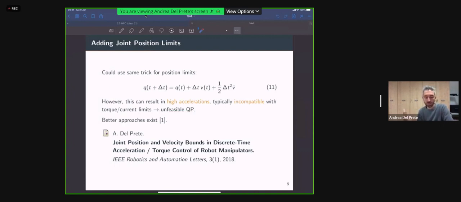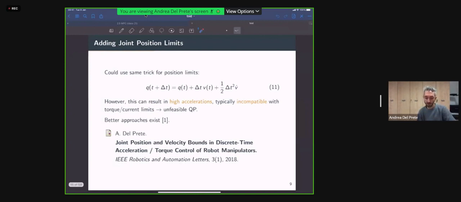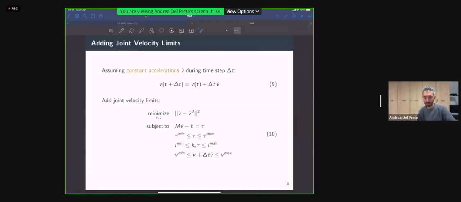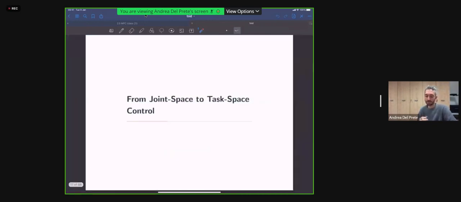But long story short, there are some simple approaches to introduce also joint position limits inside the TSID control problem. So we just went from the standard old school inverse dynamics control approach, where you don't have any inequality constraint, to this more advanced approach, where you solve a QP at each iteration of your control loop, and you can bound the torques, the current, the joint velocities, and the joint positions. So your control framework is immediately much more advanced.